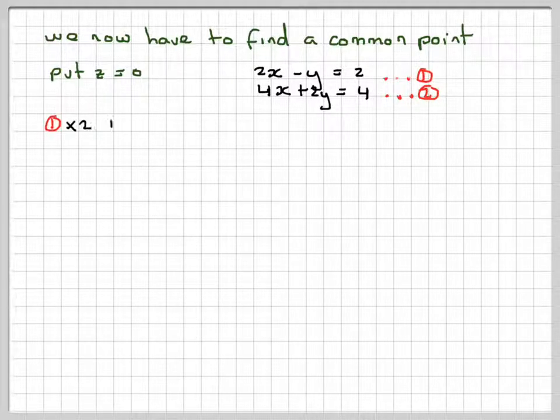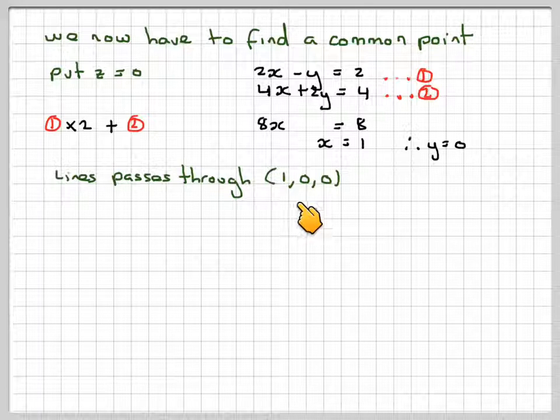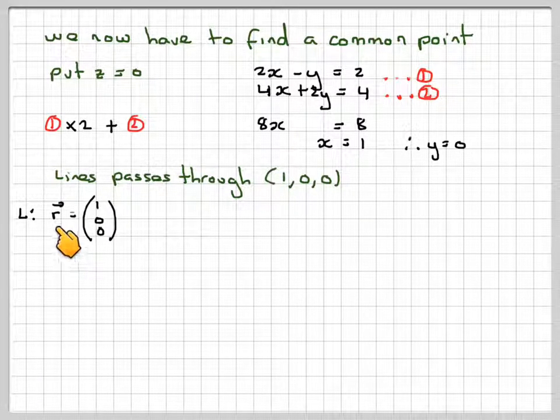So if I take the first equation, multiply it by 2, and add the second, that's going to give me 8x, no y's, equals 8, and x is equal to 1. And if x is equal to 1, we can very easily see that y has to be equal to 0. So the line passes through the point (1, 0, 0),